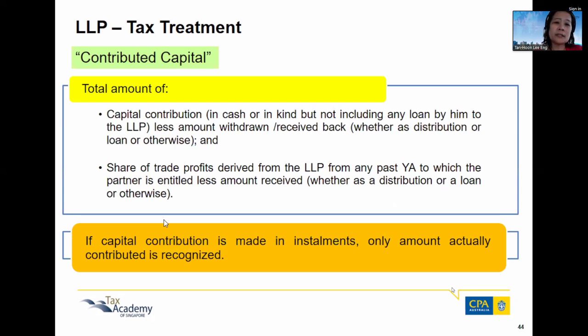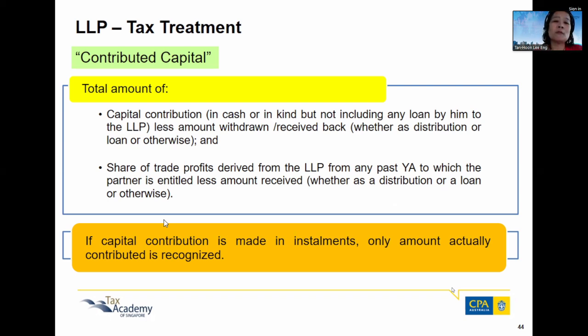Okay, so these are more of explaining what we mean by contributed capital. It's actually in cash, in kind, and it's not the money that is withdrawn. Most taxpayers have this misconception of contributed capital. When we say please put in your contributed capital as at 31st of December 2022,